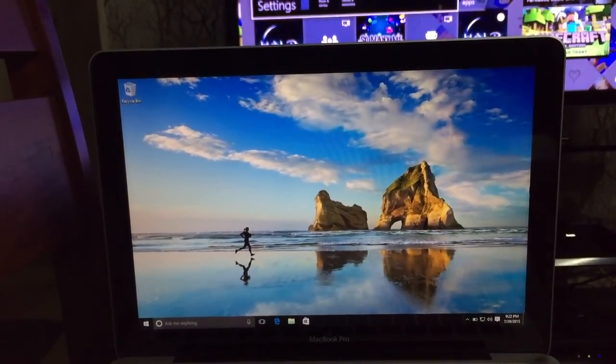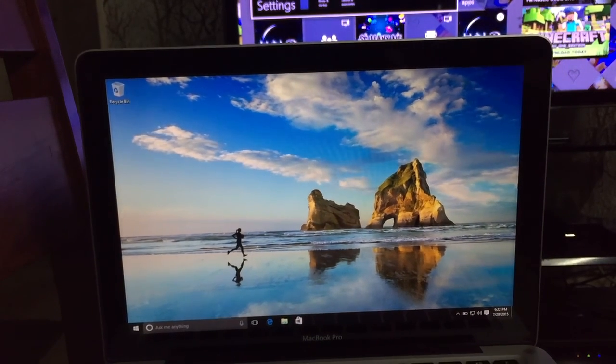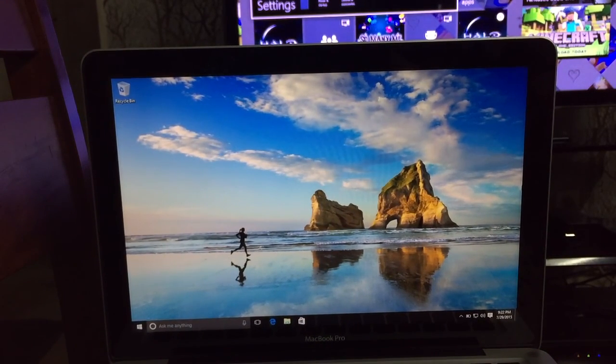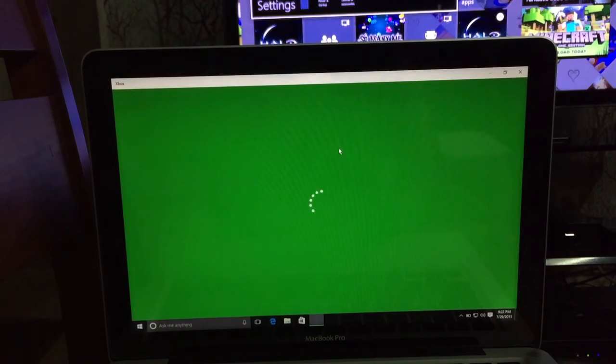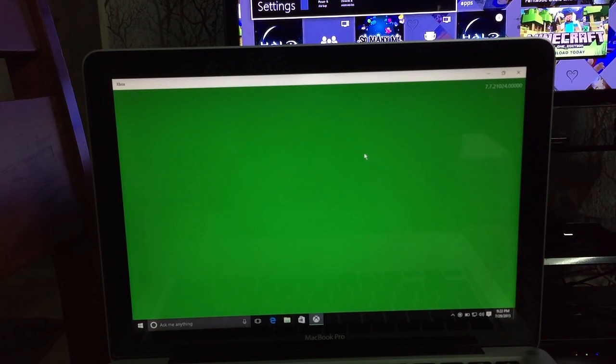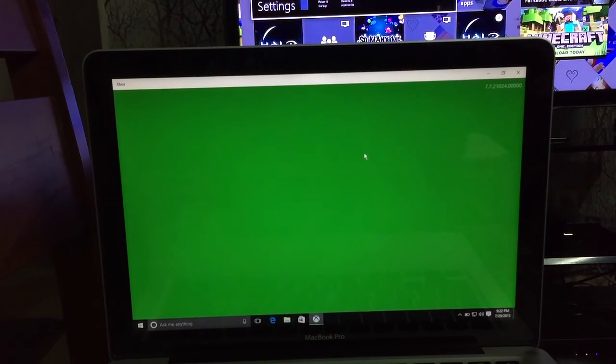Alright, so here we have wonderfully brand new Windows 10. I have the latest build of 10240. I am also an Insider member, so I was running game streaming before, but it wasn't as good as it was in the latest RTM. So we're going to launch the Xbox app. For me, it's right here. I'm going to click it. If it's your first time doing it, you might want to sign in, of course, to